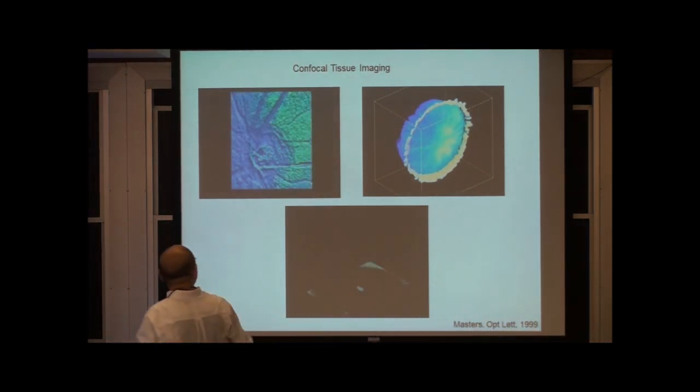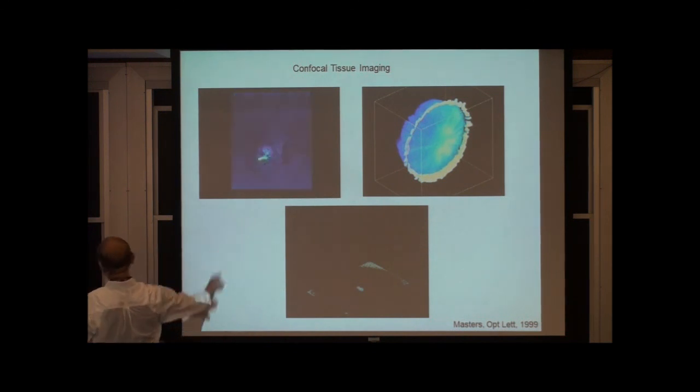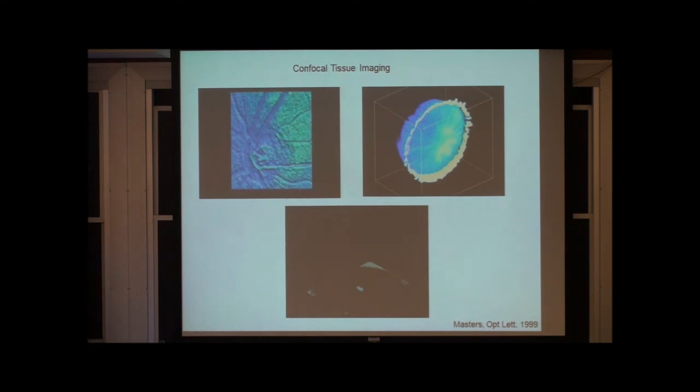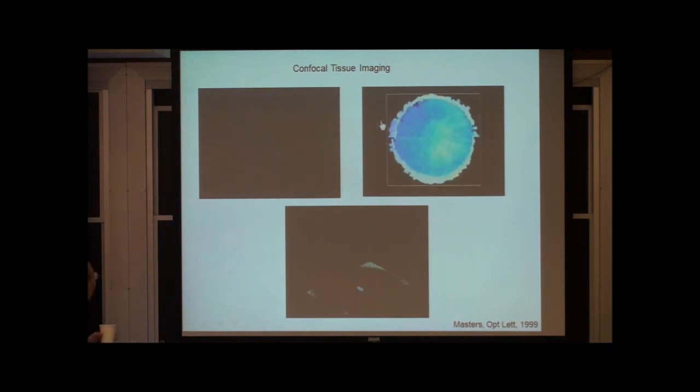Now, of course, if you are willing to sacrifice the eye of a rabbit, so this is human. If you are willing to sacrifice the eye of a rabbit, you can also take a look at the lens of the rabbit. In this case, there's no problem because you take the lens out and then you image. So in this case, it's imaged with a normal objective. And you can actually see something that almost looks like cataracts in the lens of the rabbit. And you can resolve this structure in 3 dimensions reasonably well. So this is the